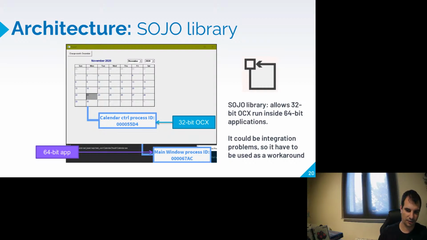This integration could have some problems, and I think it can't work in every scenario, but it has to be used as a workaround when you need a 64-bit application and you need a control that you don't have the source code for and you don't have a 64-bit version.